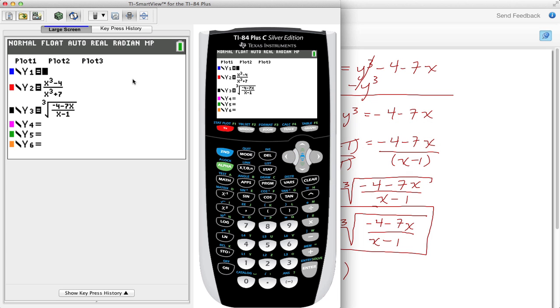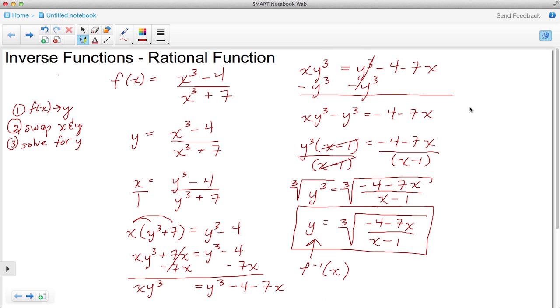All right, at this point I want to go ahead and switch to the calculator so we can see what's going on there. If you notice in the calculator, in position y1 I have the symmetrical line, which is y equals x. In y sub 2 I have the original function, and in y sub 3 I have the inverse. What we're going to do is prove that this is correct, and we're going to do this in this fashion. The check would be the original function, which is going to be y sub 2, and the inverse is y sub 3.